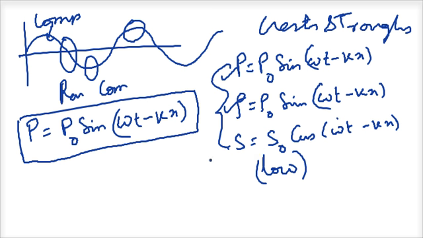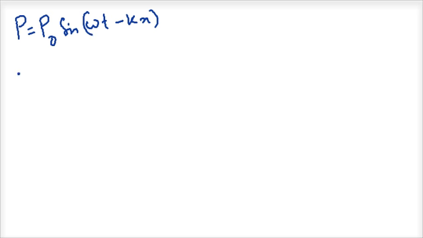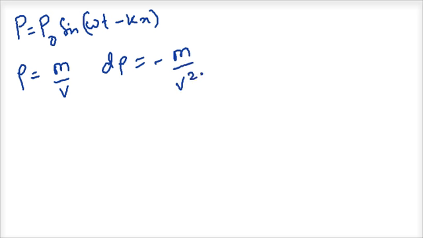What I will try to do now is relate all these and see if we can logically find out, if one wave is given, how to get the equation for the rest of the waves. Okay, we can start from anywhere. I will assume a pressure wave is given, P is equal to P0 sine omega t minus kx, and I want to know the density wave. Now I know that rho is equal to mass upon volume. So from there I know d rho is equal to minus of m upon v squared into dv. I am just differentiating this.